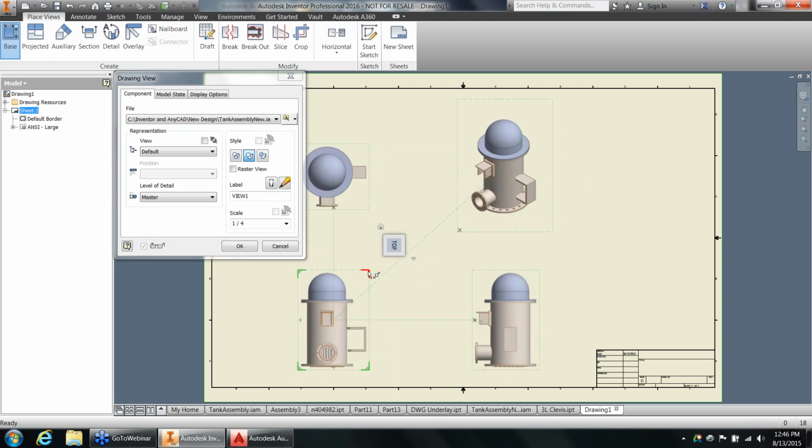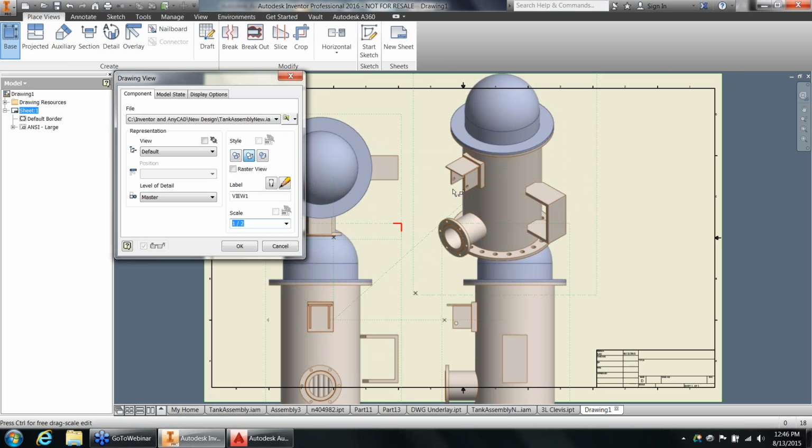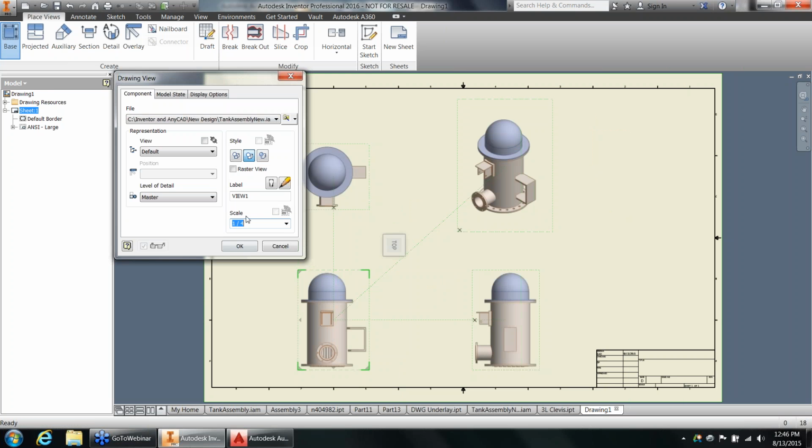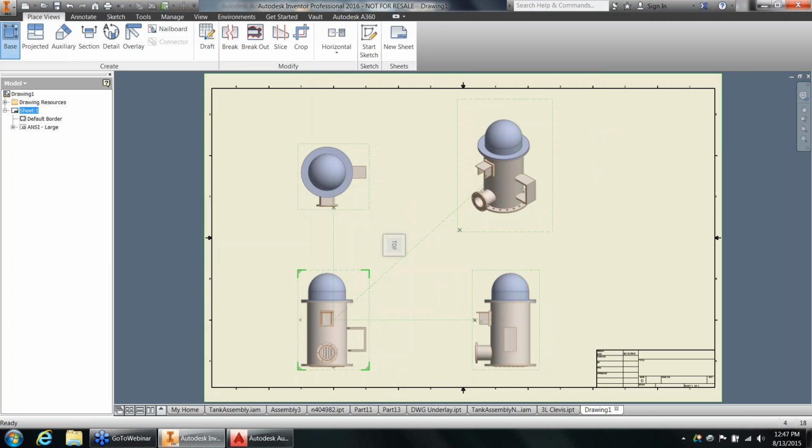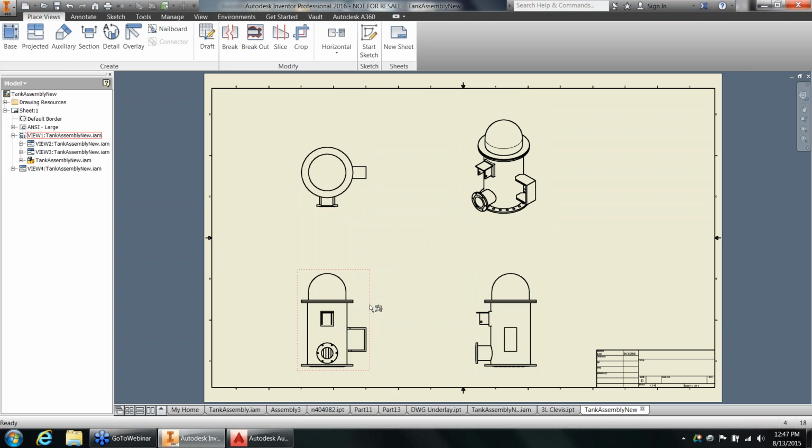The boundaries that wrap around these allow you to change the scale, and you'll notice that it jumps to stock scale values. So this is based on your drawing standard. Inside the standards, you can specify what scales are available to you, and then it'll only use those. But again, you can see in here creating those base views and secondary views is very, very easy to do. And as far as working with projections and other functions in here,